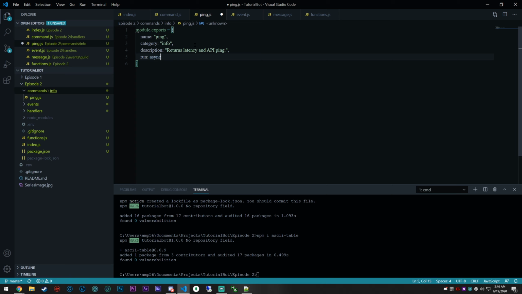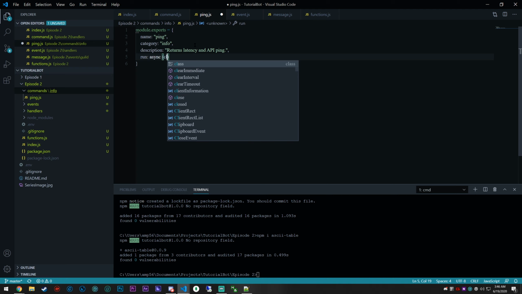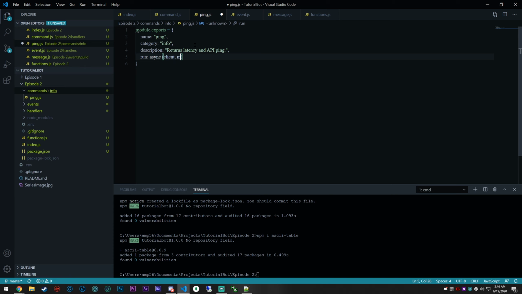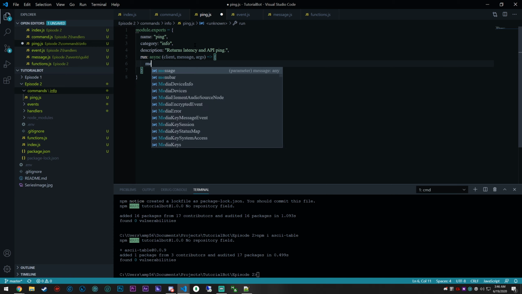And this is where our code goes for our actual command that we're going to be creating. And so this function will require client, it will require message, and it will require args. And this goes into an arrow function like so. What did I do wrong here? I added a dot instead of a comma. Okay. All right, so our first command,